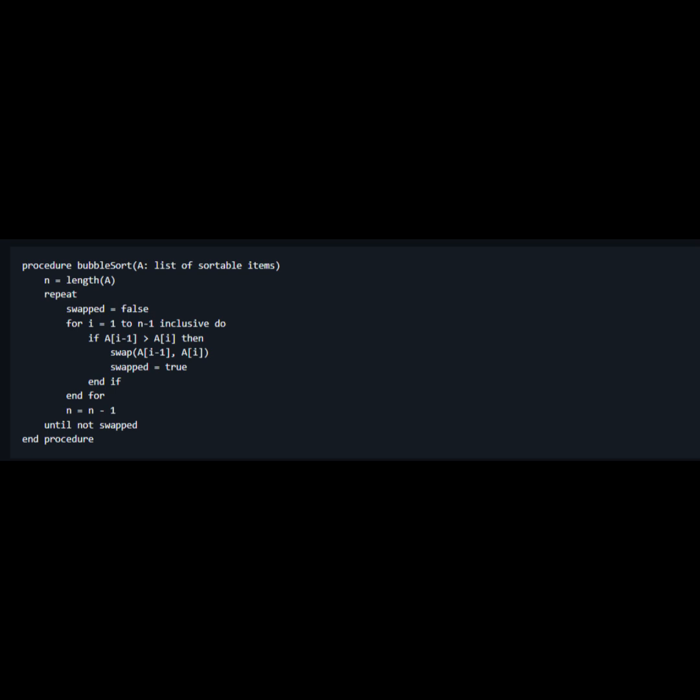Inner loop. The inner loop iterates through the list from the first element to the second to last element. For each pair of adjacent elements, it checks if they are in the wrong order. Swap elements. If the elements are in the wrong order, they are swapped and the swapped variable is set to